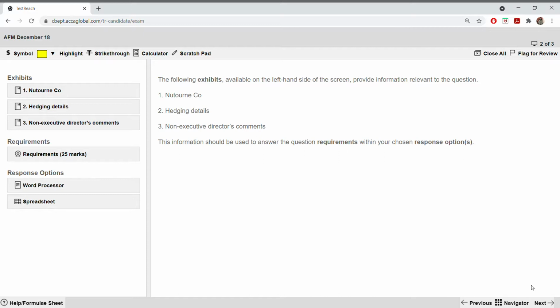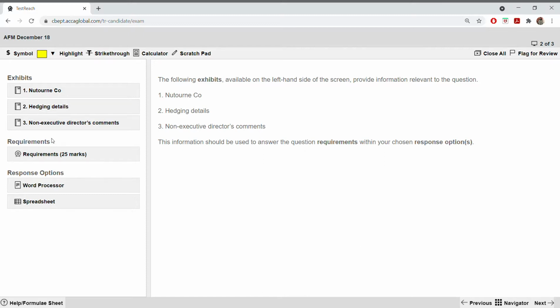This is a risk management question. I'm not going to read the whole question, so make sure that you go through the whole question before you attempt this with me. I'm just going to show you how to do a question using both spreadsheet and word processor. Because exchange rate risk management is a question where you have an option. Either you can do it in the word processor, or you can do it in the spreadsheet. Right. I'm going to use both and show you. Whichever method you feel comfortable with, you can do. There's a choice. You're not restricted to any one.